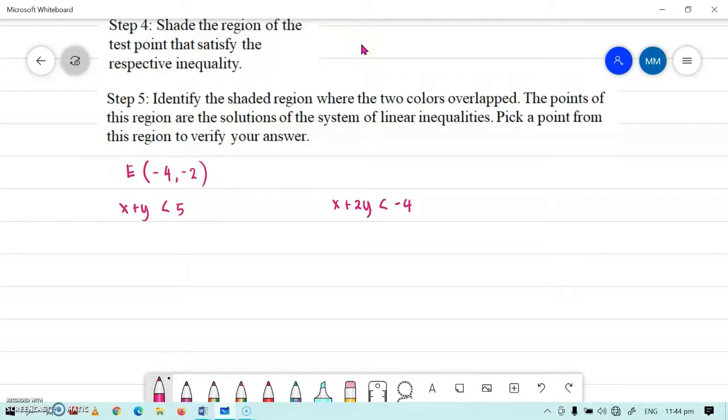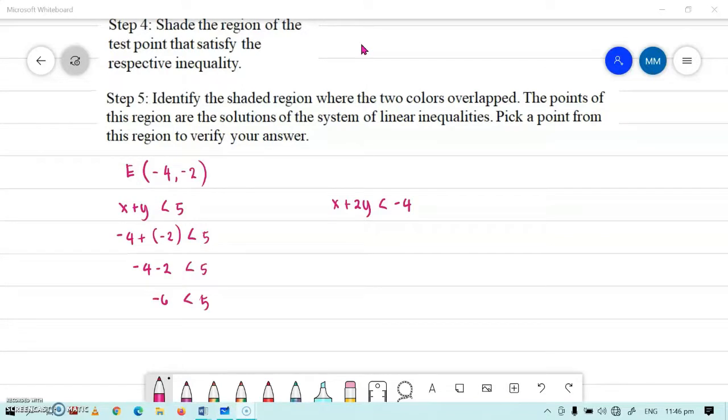Okay, substitute now. For the first inequality, we have negative 4 plus negative 2 is less than 5. Negative 4 minus 2 is negative 6, less than 5. And negative 6 is really less than 5. So meaning to say, our first inequality is satisfied. Okay? So, for the first inequality,